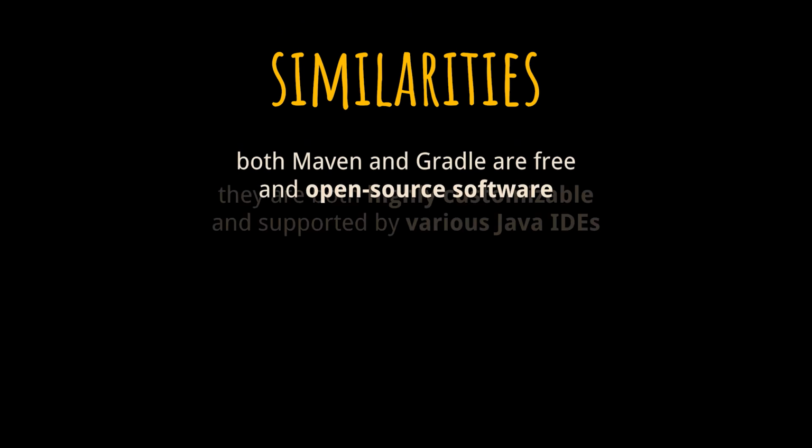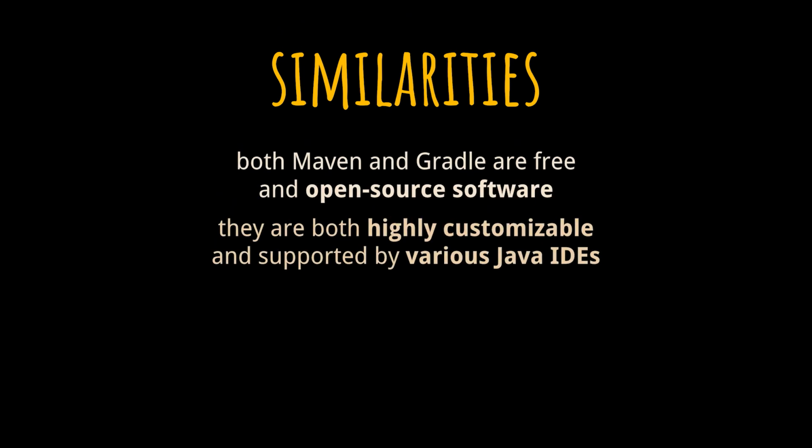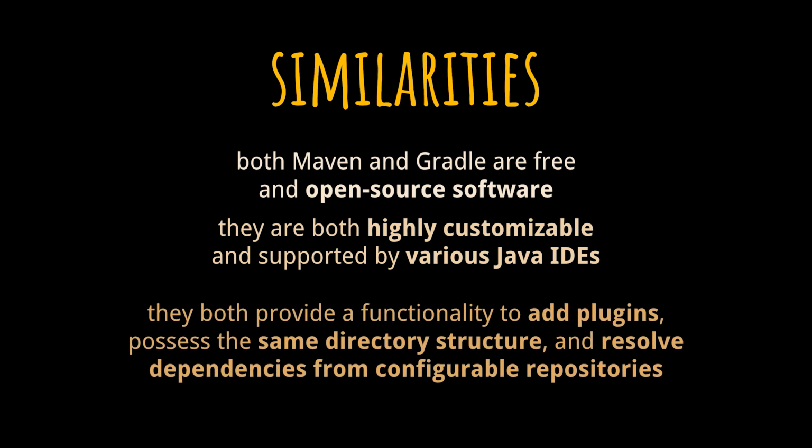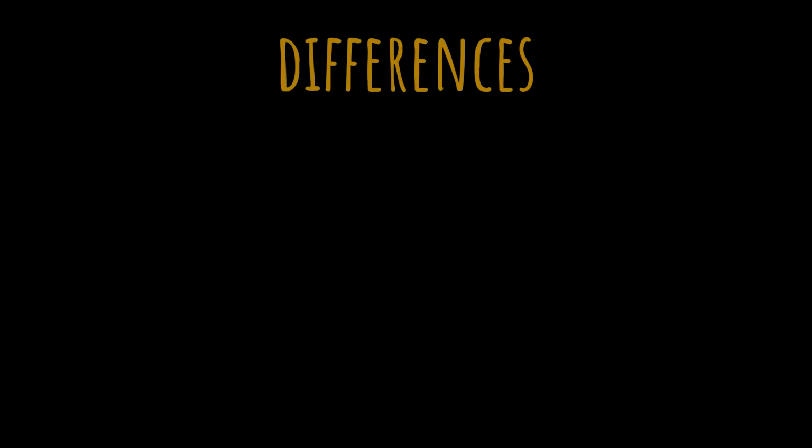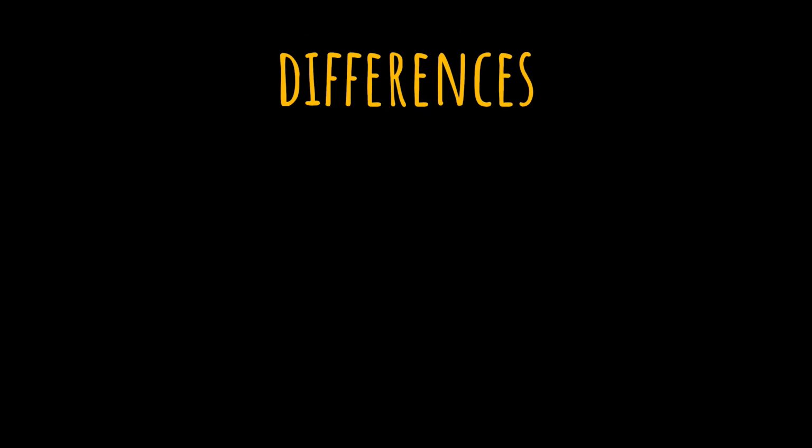Now, both Maven and Gradle are free and open source software distributed under the Apache License 2.0. They are both highly customizable and supported by various Java IDEs. They both provide the functionality to add plugins, they possess the same directory structure, and both resolve dependencies from configurable repositories. On the other hand, some of the key differences between Maven and Gradle are: